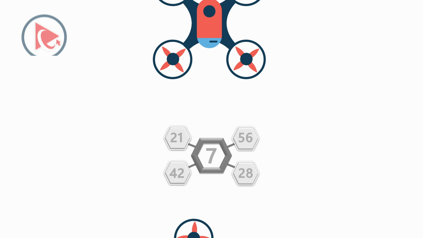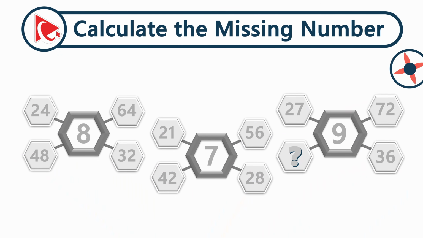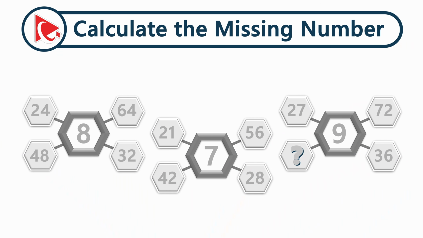You're presented with 3 drone-like looking shapes. Each drone has 5 numbers. The first drone has number 8 in the middle, and then numbers 24, 64, 32, and 48 around it. The second drone has number 7 in the middle, and numbers 21, 56, 28, and 42 around it. And now comes the third drone. It has numbers 9, 27, 72, and 36, and then comes the missing number, which you need to calculate and